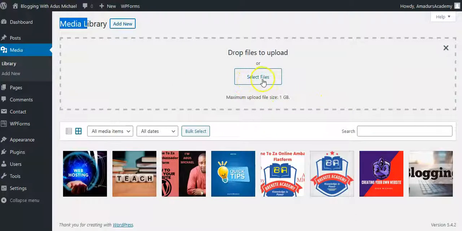Now before you select, you need to understand that the maximum upload of whatever size you want to upload is 1 gig. So if you want to upload audio, video, images, downloadable link, anything you want to add, you can just select